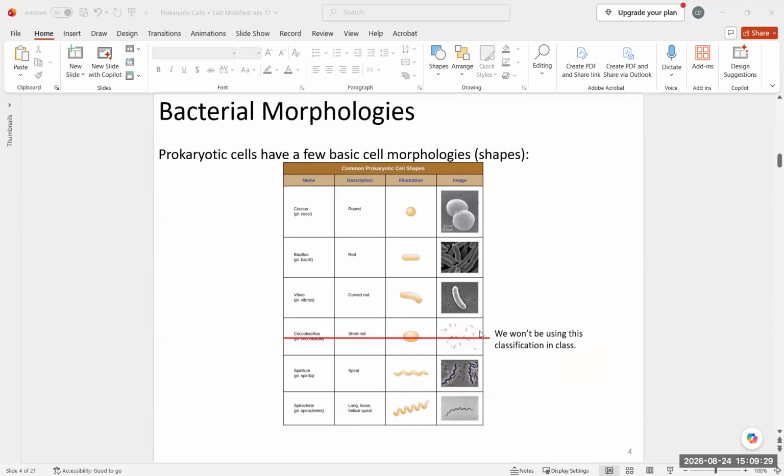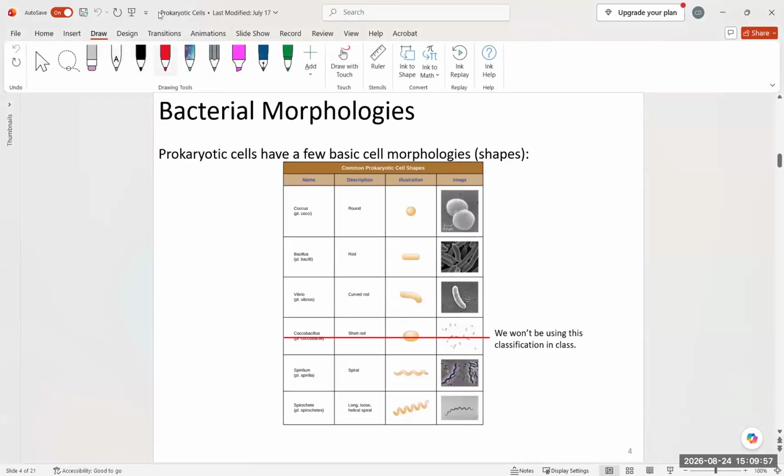So one thing about bacterial cells, which are prokaryotes, but again, most of this class focuses on bacteria, are going to be their morphologies or their overall shape. And so prokaryotic cells have a few basic cell morphologies that are listed in this table. I've crossed one out because we're just not really going to talk about it in this course, but it does exist. So in this class, we're actually going to focus on three different morphologies or shapes,